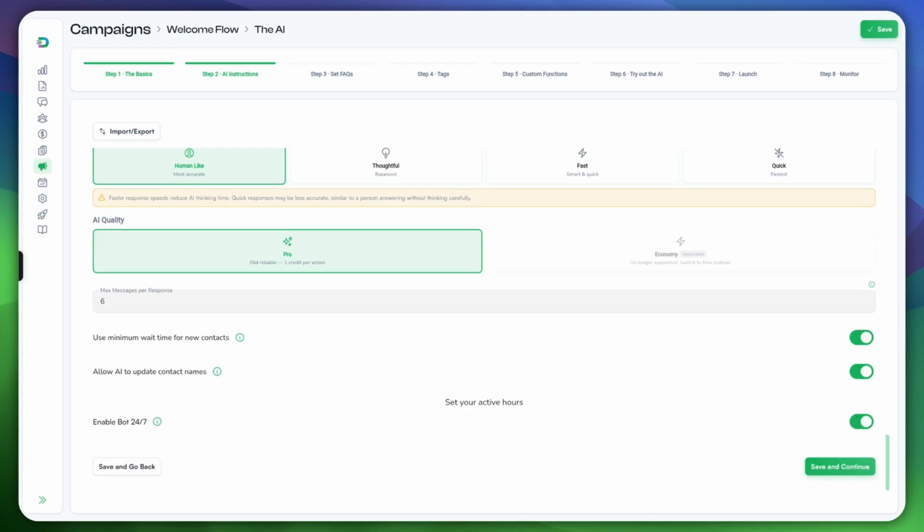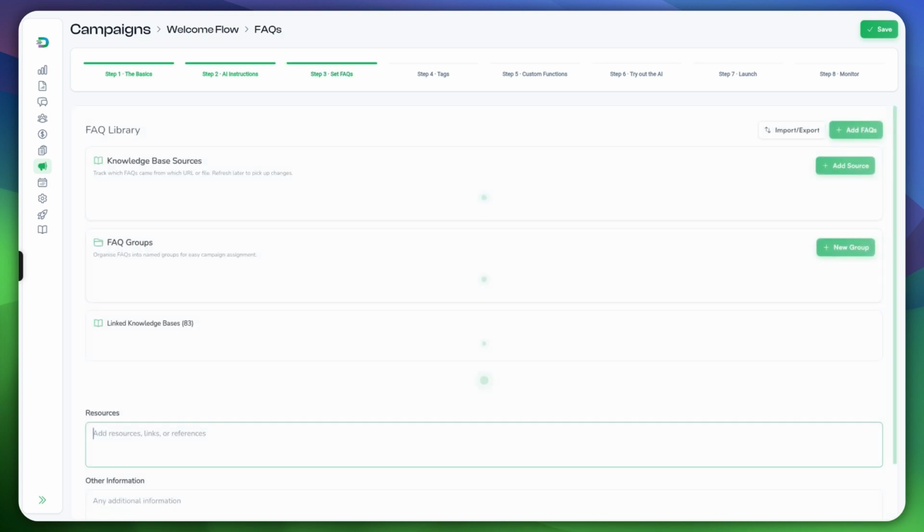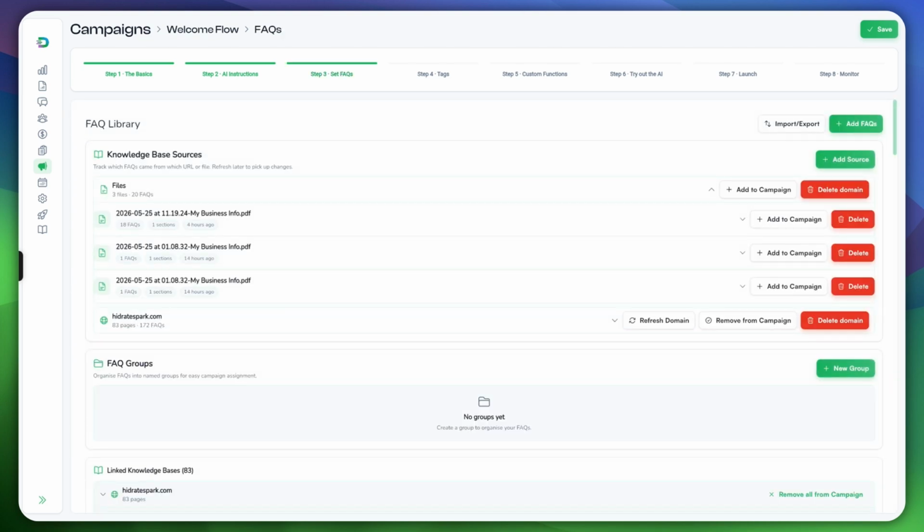And we have the max messages per response. We can go for 6. And I think I'm just going to go for something lower than this. So I think I'm going to go for just 3 would be the maximum. And then use minimum wait time for new contacts, and then allow AI to update contact names and so on. Enable bot 24/7. So those are your options here. Once you're done, click on save and continue, and then we'll be going on to step 3, which is the